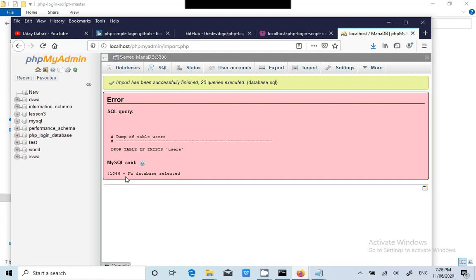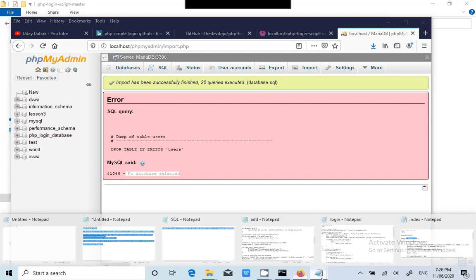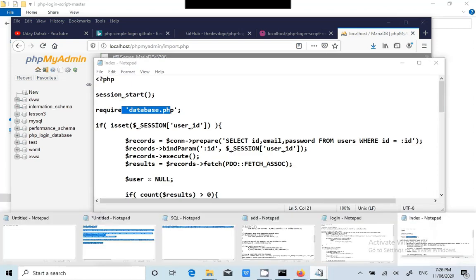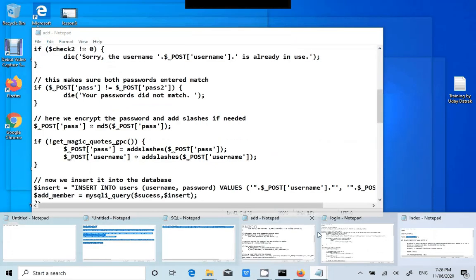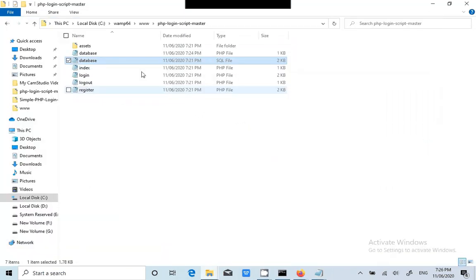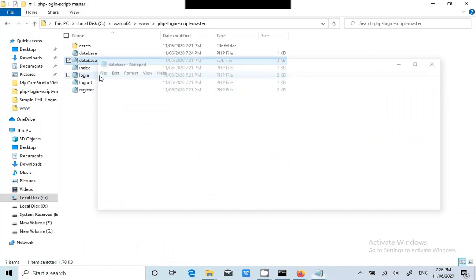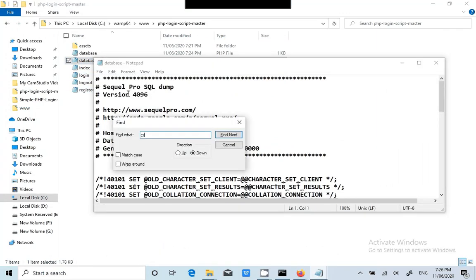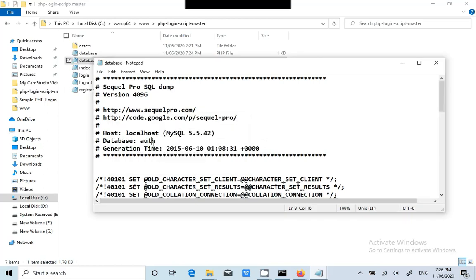Oh, sorry, no database was selected here. Okay, now if you see this SQL file, we don't have anything like create database, nothing like that, and they are referring to database auth.